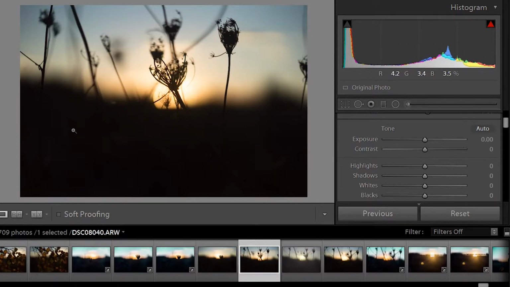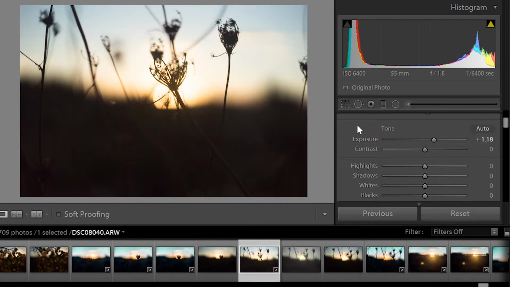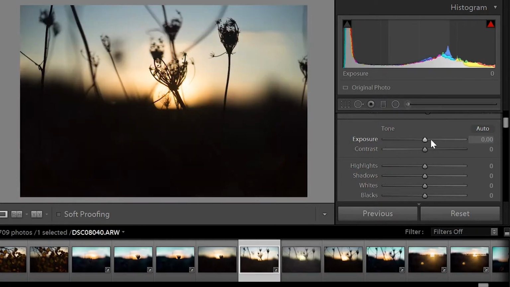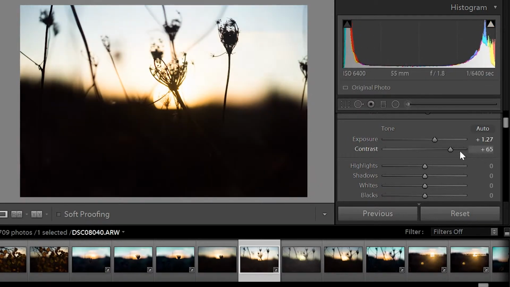Okay, so the first thing we do when editing a photo is we turn up the exposure. With this photo it's really bright in the sky but then really dark in the shadows, so we really want to bring the best of both of those out in this photo. But the basics are, yeah, you turn up the exposure and then you crank up the contrast right up to